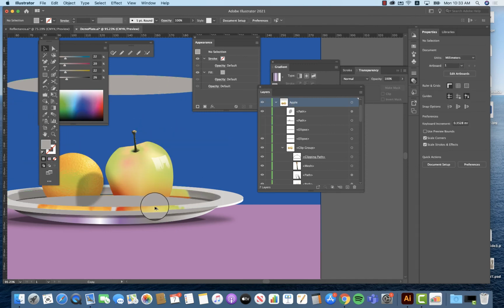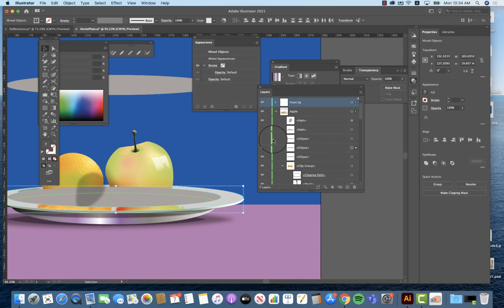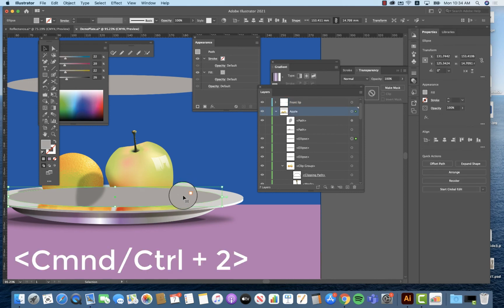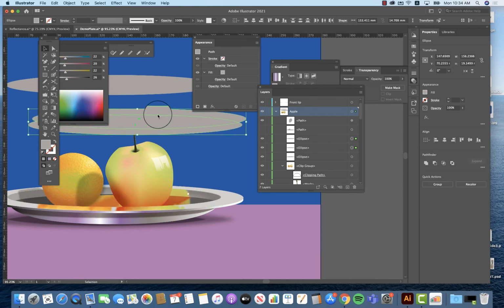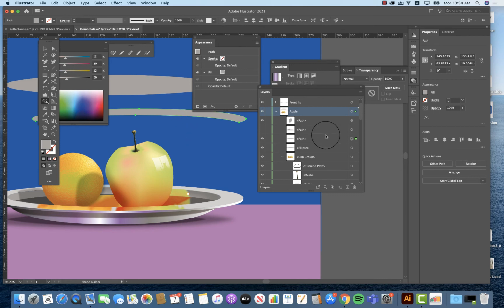I'll create another copy down here. Now I can bring back that object that I had hidden. So we have both of them right there. And hold the Shift key down so they're both selected. I'm just going to lock this front lip for now. Command 2. Now I can select both of those elements. I'm just going to move them up for now. And I'm going to use the Shape Builder tool with the Option key just to remove the parts that I don't need. So what this allows me to do now with this object that I've just created is move that